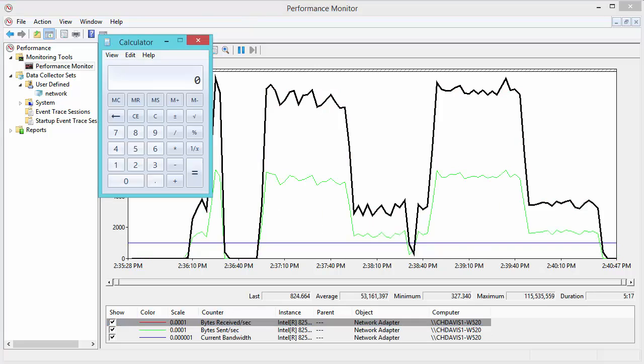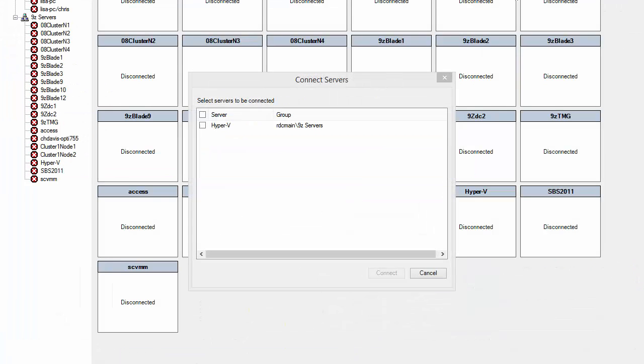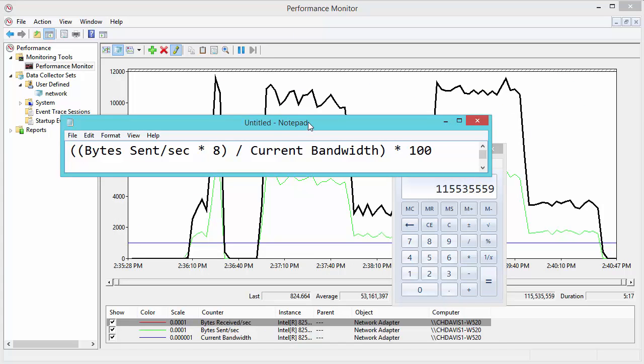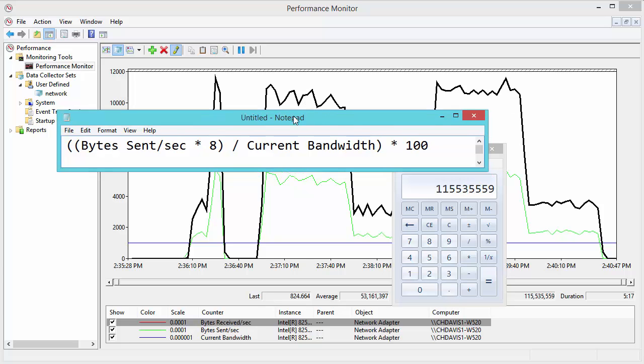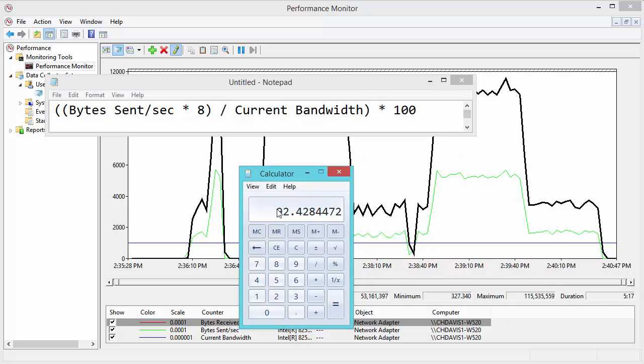Let's look at that. Pull the calculator up. So we can see that the maximum value is right down here. So let's pop that in there, 115, and then 535, and then 559. So you see, because it's a bits to bytes conversion, we're going to take that, multiply it by 8, and then divide it by that current bandwidth number, which was 1,000,000,000. Then we multiply that by 100,